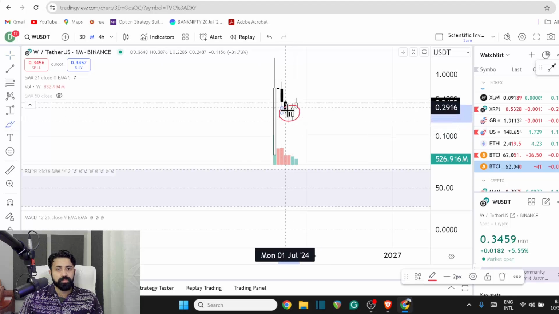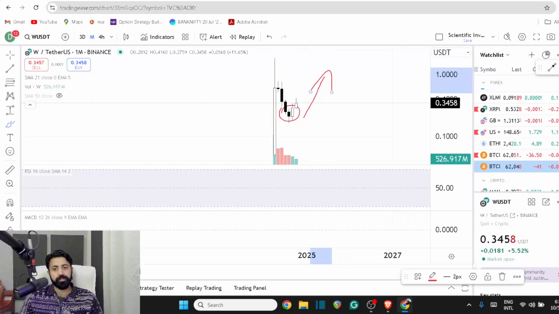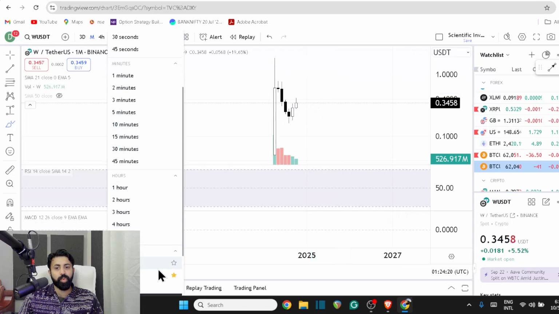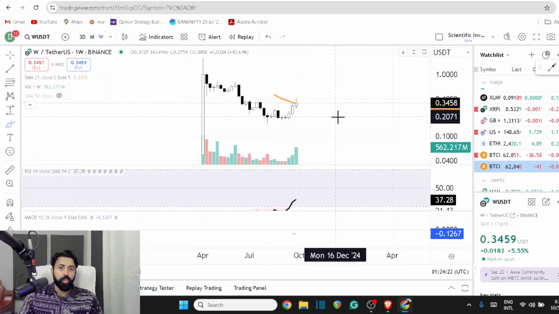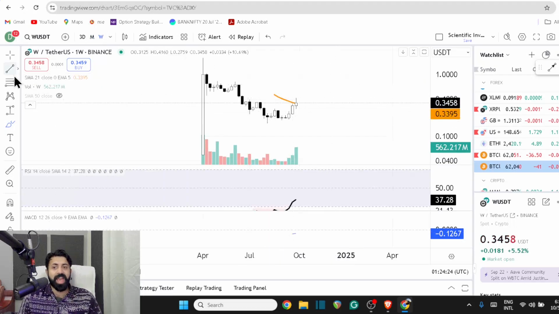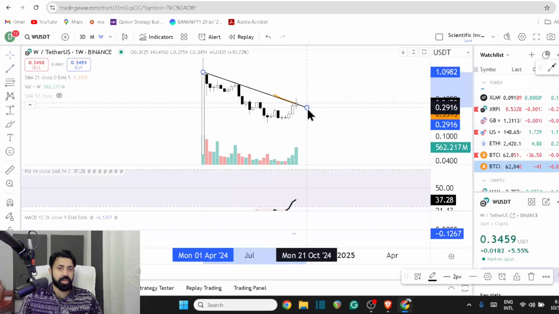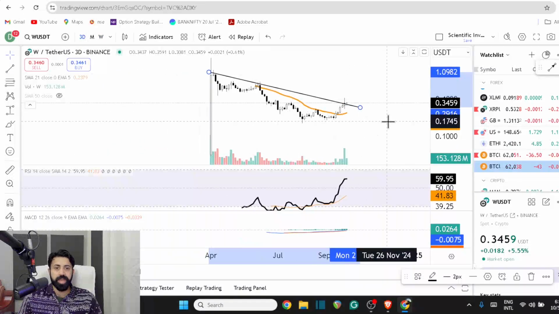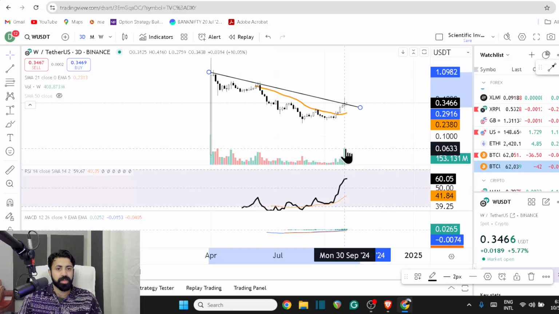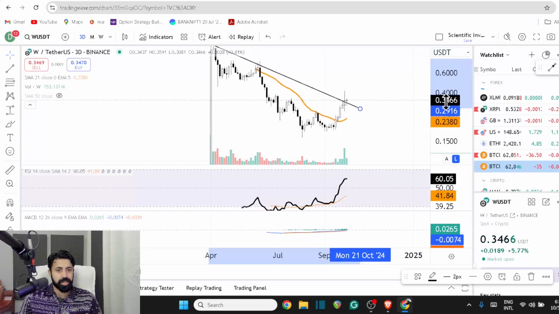It shows you I'm bouncing back. I would like to go back up. Fine. Does the weekly follow that? Weekly says I'm trying to break the moving average. It's actually good. I'm trying to break through this pattern. You go on a 3-day, you kind of get the same idea. You see a lot of volume coming in, but then the price didn't break it.